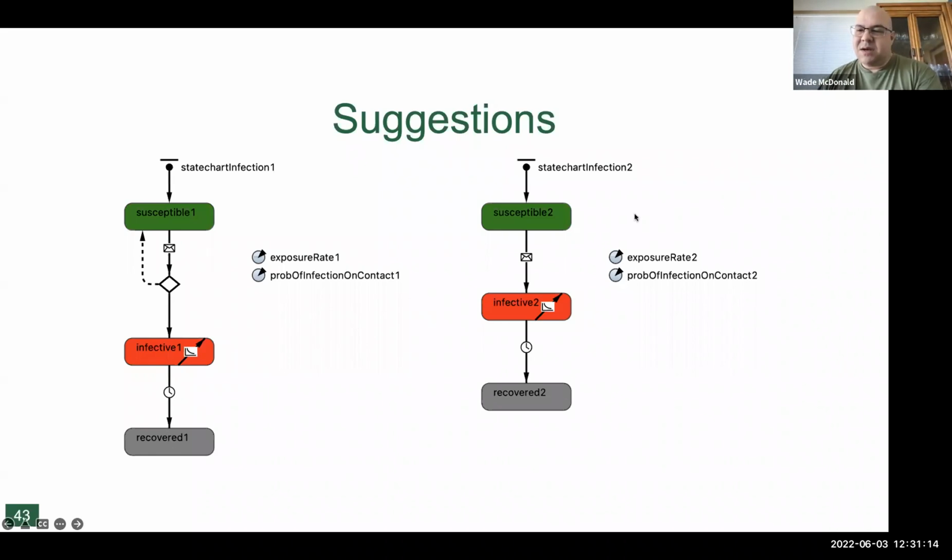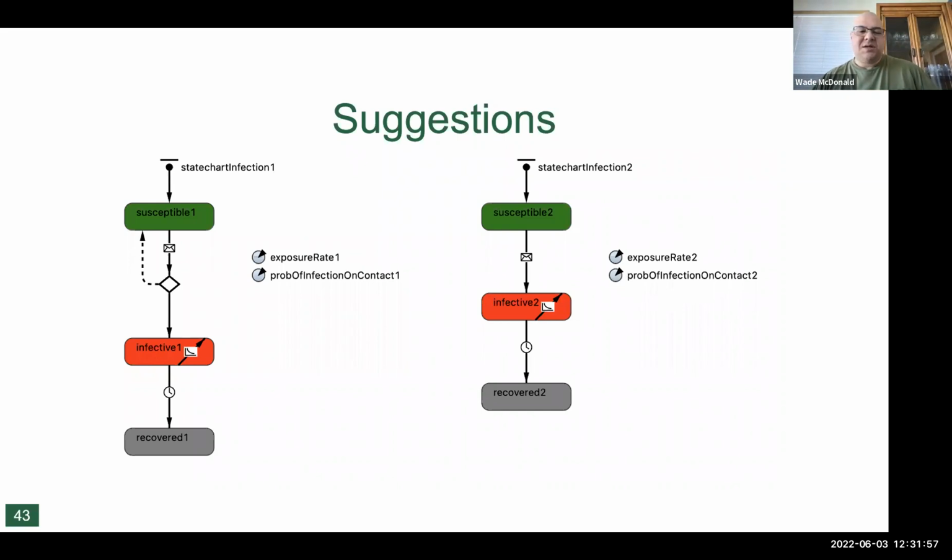On the right is a similar mechanism implemented in a different way. So people begin as susceptible here. The messages now instead represent infection and not exposure. So a person, when infected, will move to infective 2. This represents infection of other agents. So what it does is it determines an agent to contact. It rolls the probability of infection on contact first and only sends a message if the second person is infected.